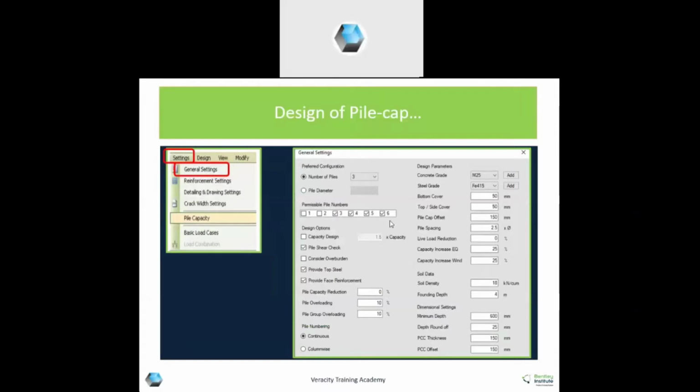Though all the numbers are given, if you select a single pile, the pile cap will be designed only for the axial loads and not for moments. If you are selecting two piles, the pile cap will be designed for axial load plus uniaxial moment, and three piles onward, it will be designed for biaxial moment as well as axial load.